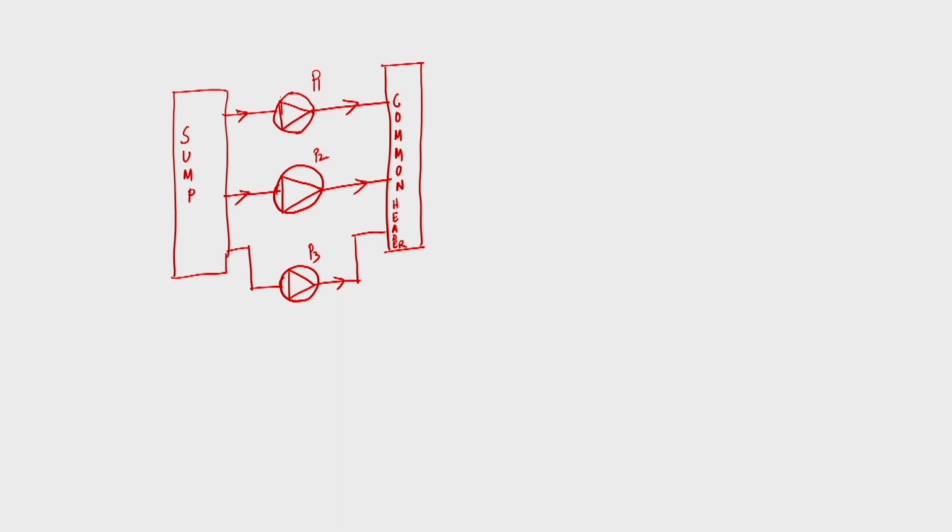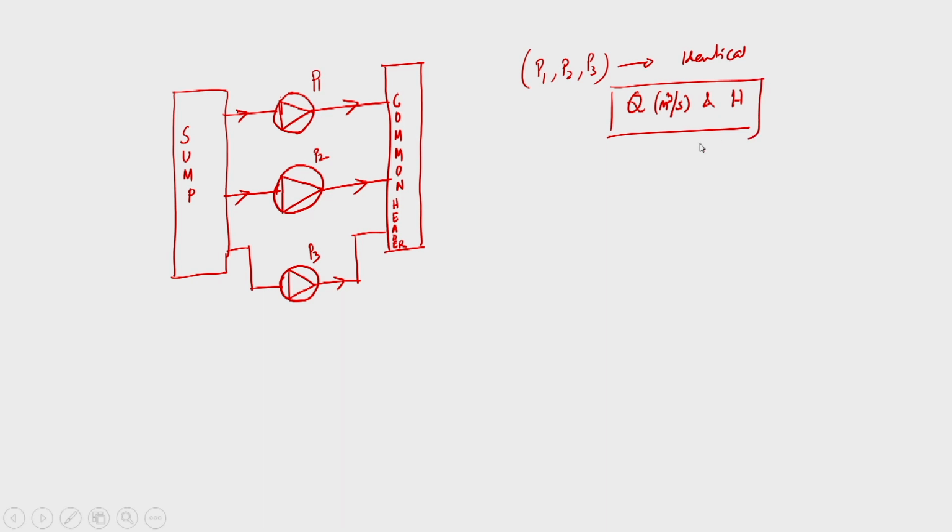So, if pumps P1, P2 and P3 are identical, each of them is delivering one meter cube per second discharge against a head of H. All these pumps are identical, maybe all of them are radial flow pumps. Now, as I said, even by running two pumps at a time, that is 2Q, is not sufficient to meet the demand because of the newly installed plant or newly installed equipment.